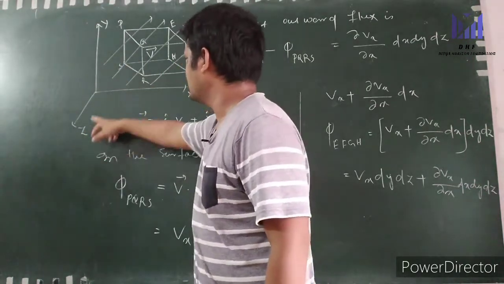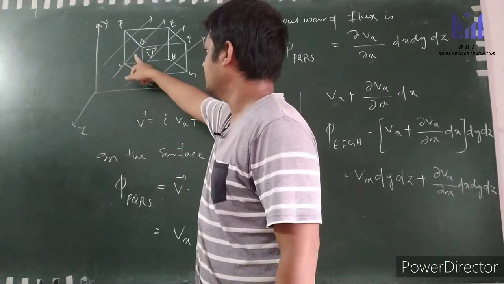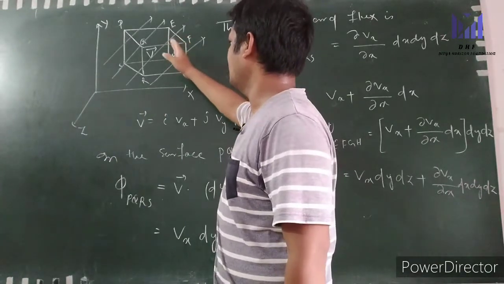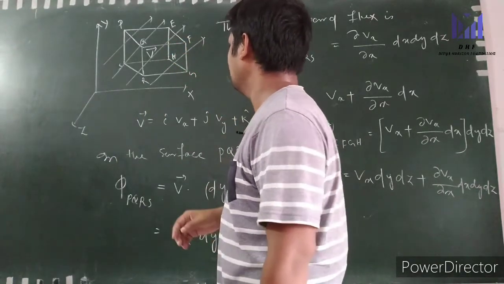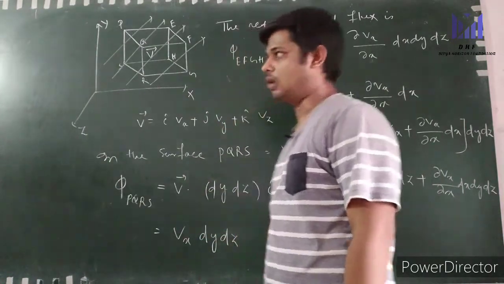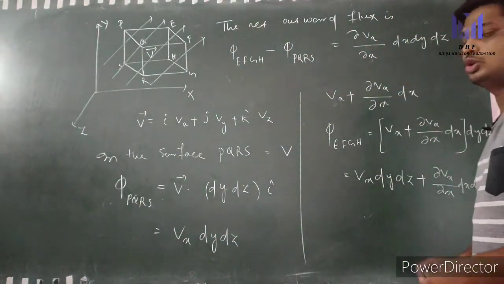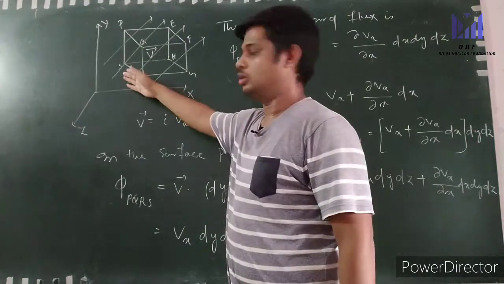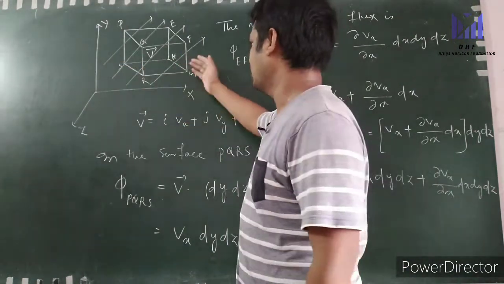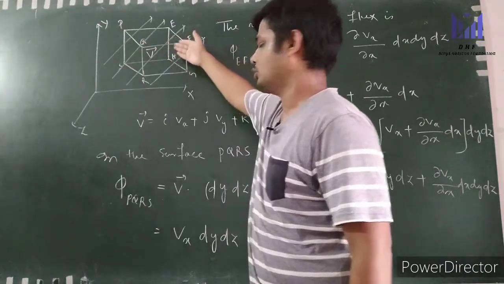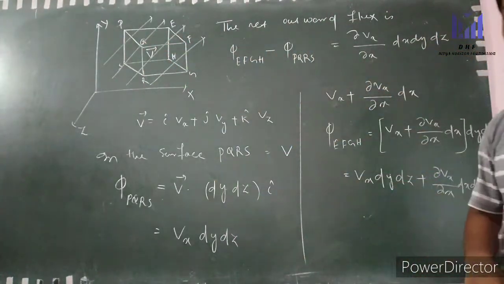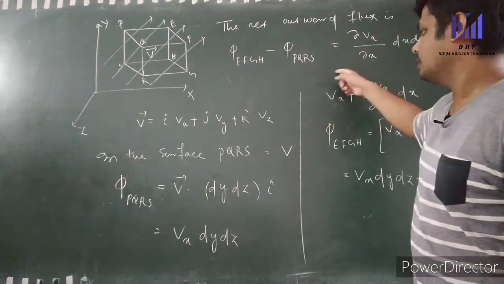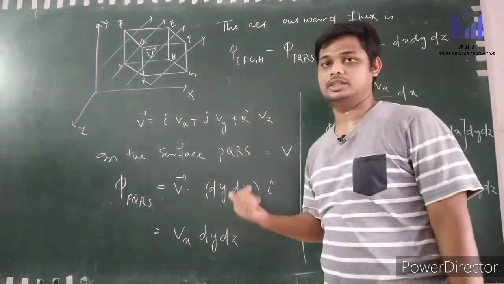Okay, so as the lines of force are entering this surface, the flux associated with this surface will be negative, and as from this surface the lines of force are emerging or going outward, the flux associated with this surface will definitely be positive. So the net flux will be, if we add these two, this will be positive, this will be negative. So if we add these two, indirectly we are subtracting the flux through this surface from the flux through this surface, and we are doing here this. Okay, so basically this expression represents the net outward flux in the x direction.